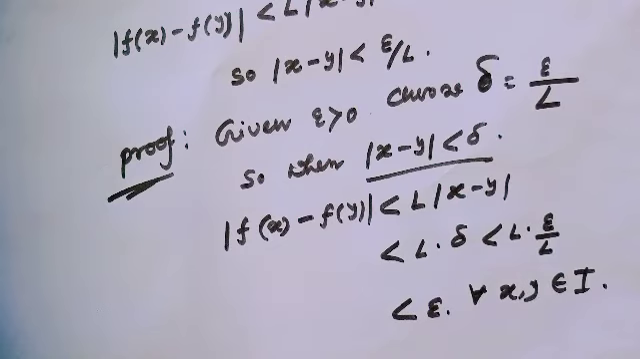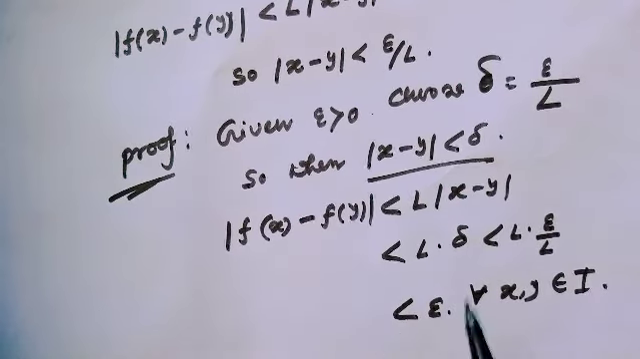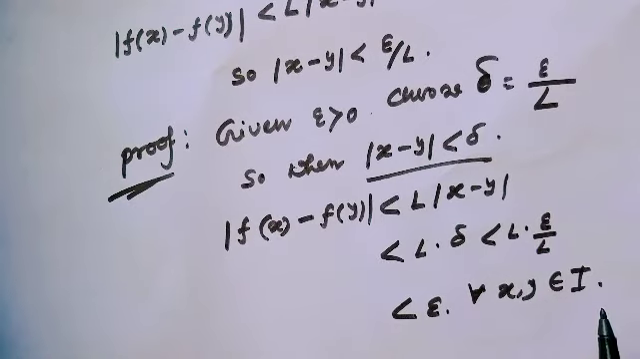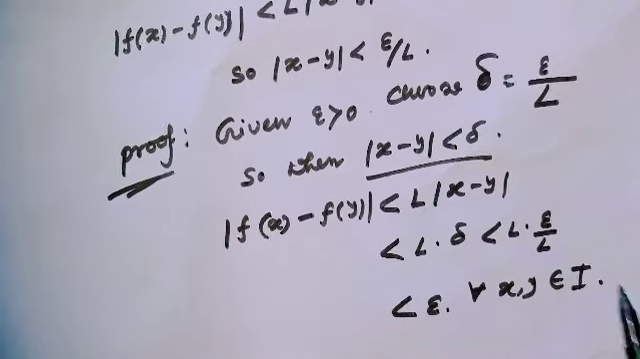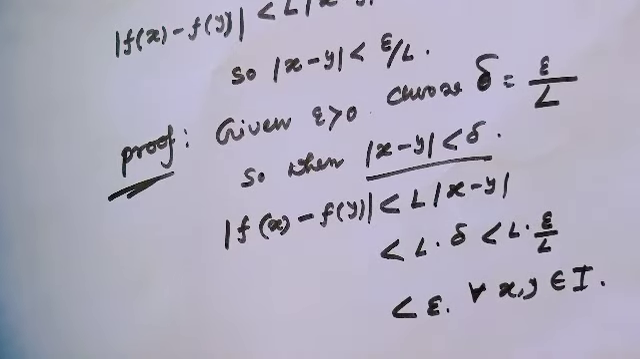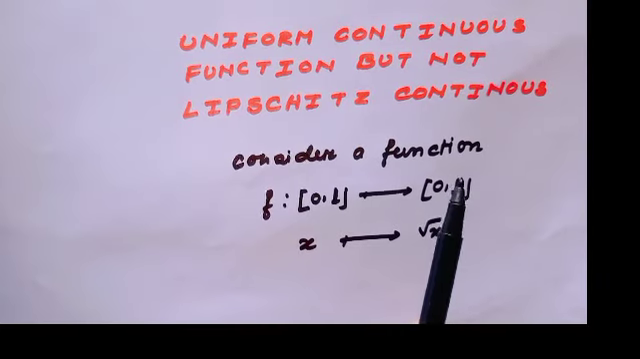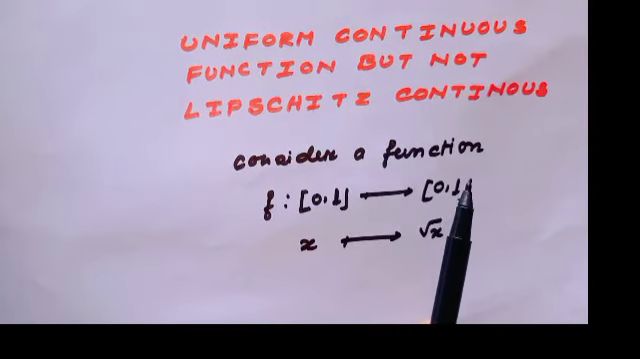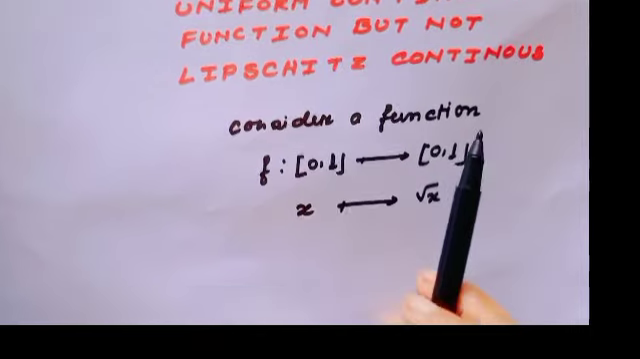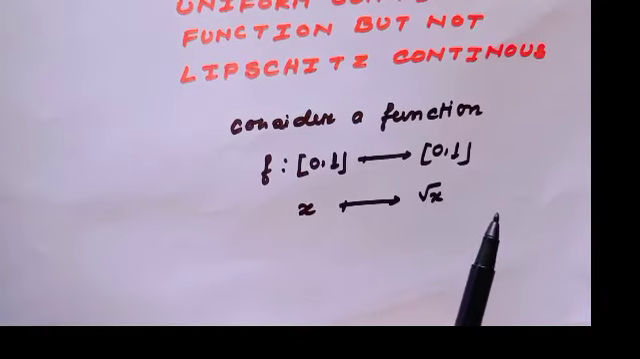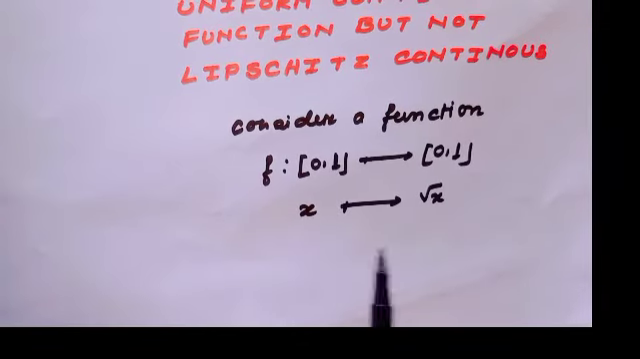Since absolute value of f of x minus f of y is less than epsilon for all x, y belonging to I, any function which is Lipschitz continuous will always be uniformly continuous. Okay? But a uniformly continuous function does not always imply a Lipschitz continuous function. Let's see one example. Consider a function f from the closed interval [0,1] to [0,1] such that x maps to square